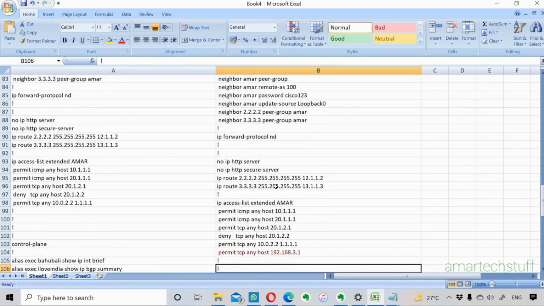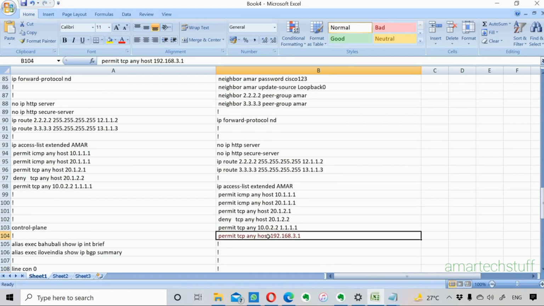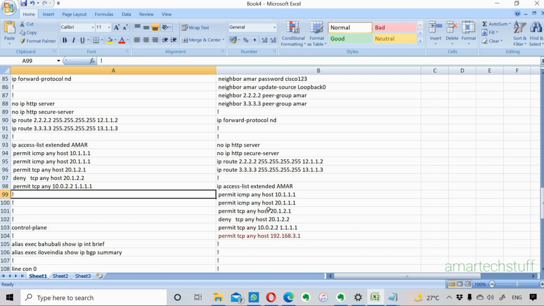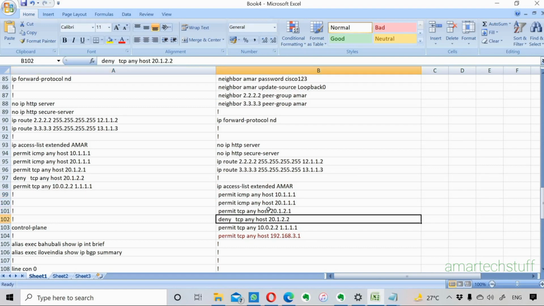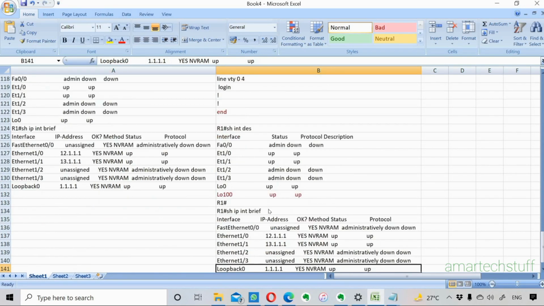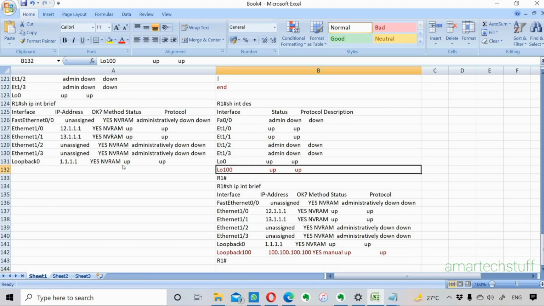So you can find it in the ACL. See here, guys, in this ACL I've made this extra entry, so it is not present in the pre-checks but present in the post-checks. Again, I didn't configure any other thing, just output command differences.